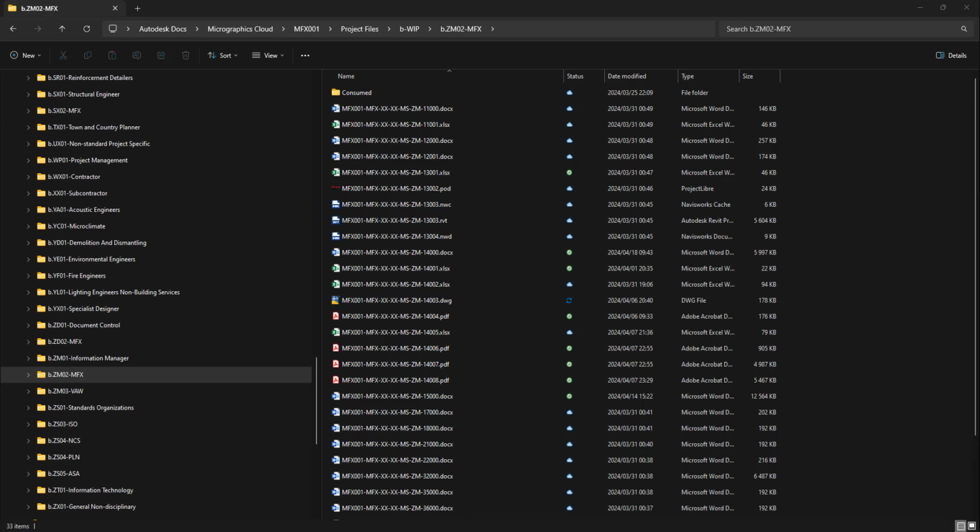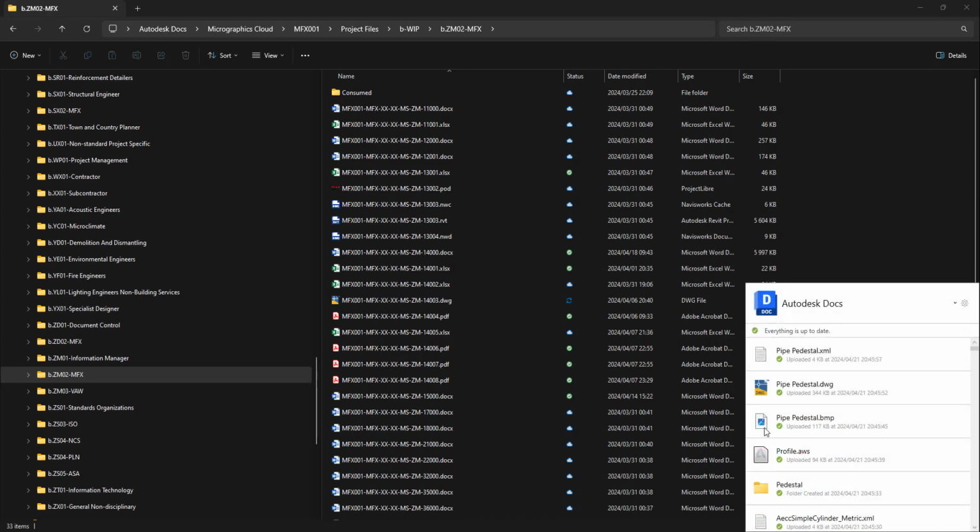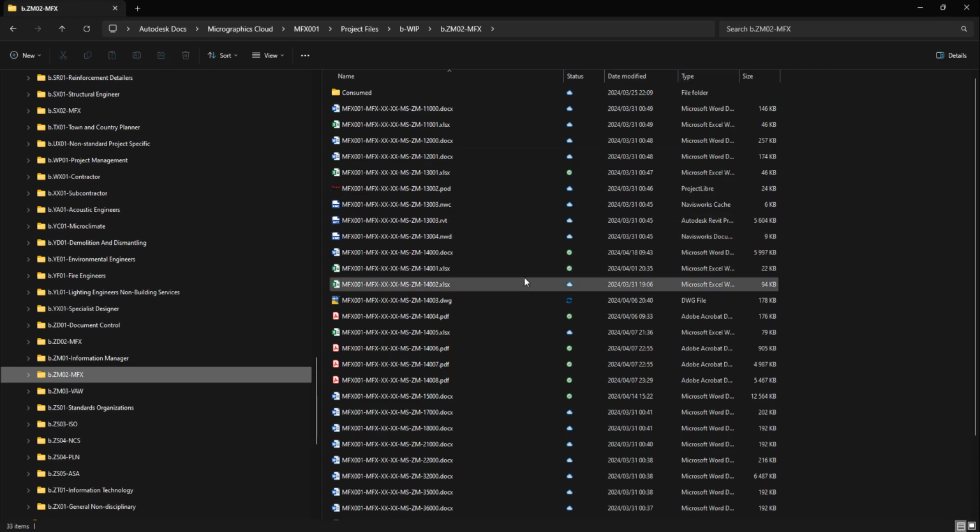First, let's consider why we have the situation in the first place. Well, we have a cloud platform that is synchronizing down to our hard drive via the Autodesk Desktop Connector. And in fact, the Autodesk Desktop Connector is one of the first apps that you should install to synchronize with your hard drive. This is synchronized down